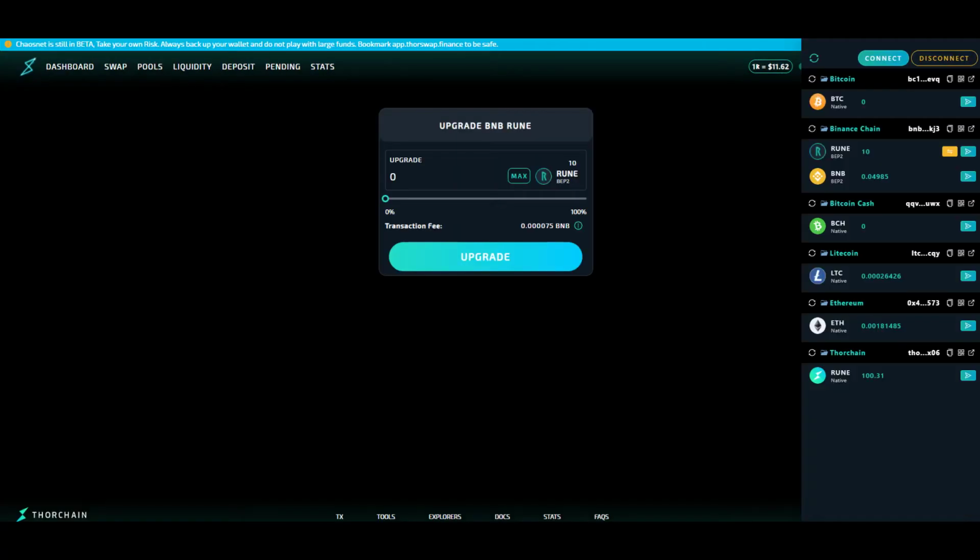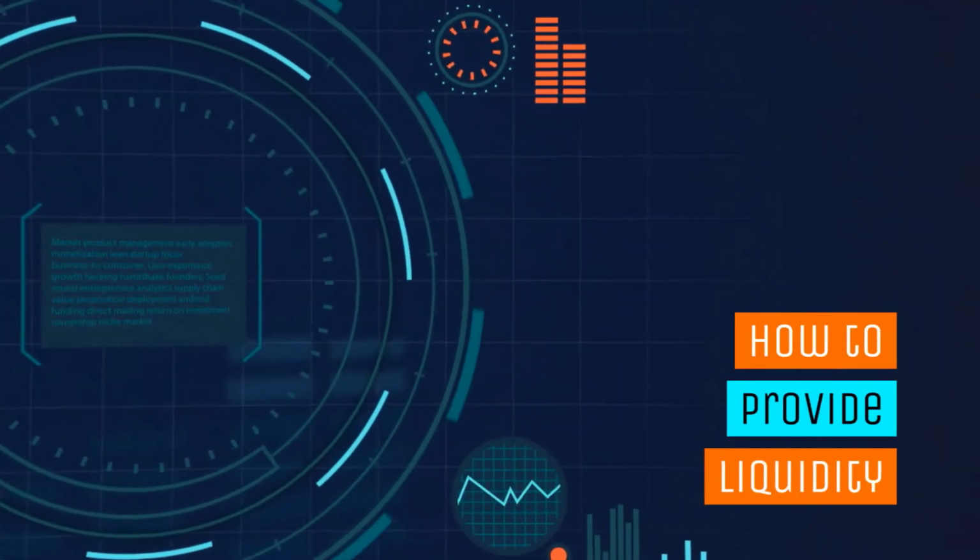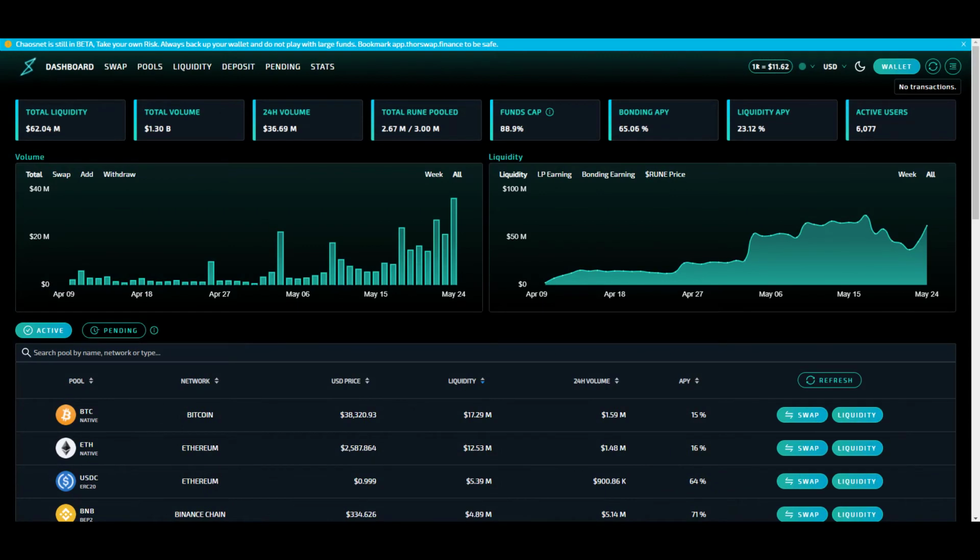And just like that, I was able to export my Asgardex wallet to Thorswap. So in this next segment, I'm going to show you guys how to provide liquidity. So let's say you figured out and you've decided how you want to go ahead and set up your wallet so you can interact with multi-chain. Once you have your wallet connected and ready to go, you can come over here to